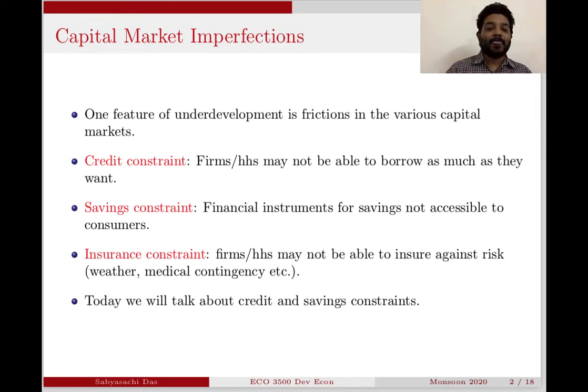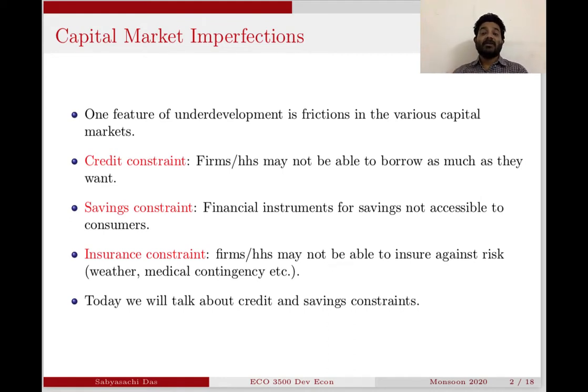Finally, firms often face various kinds of risk, including farms in the agricultural sector that face weather risks. Similarly, households also face various kinds of risk: health risk, and other kinds of risk from their property being damaged, accidents, etc. And if the insurance market is not developed, then they'll not be able to insure against these kinds of contingencies,